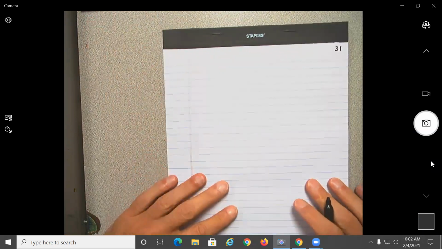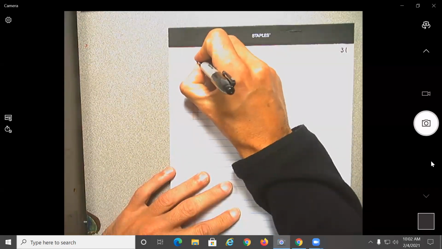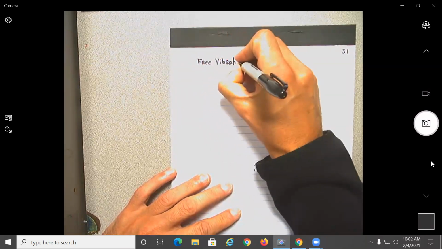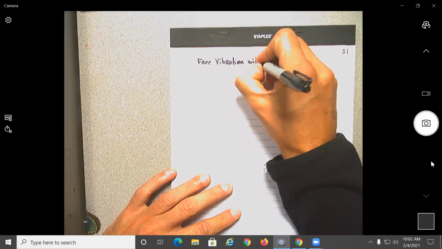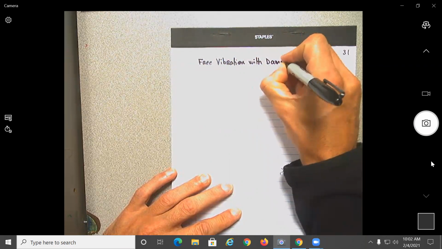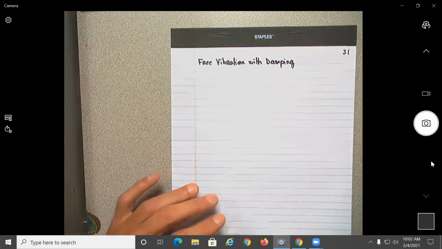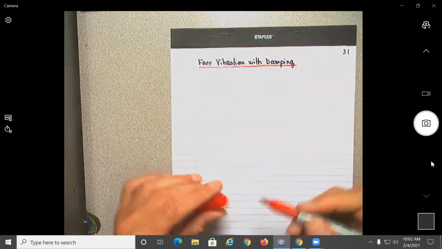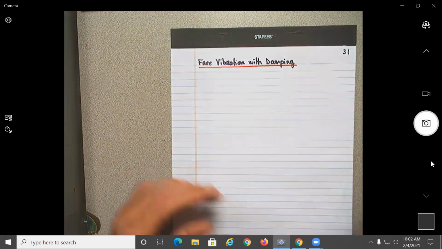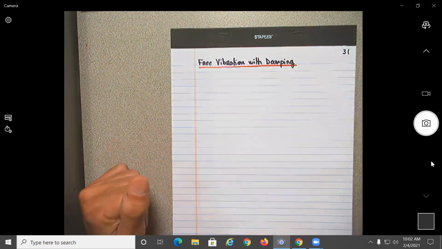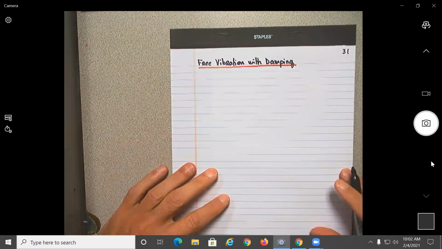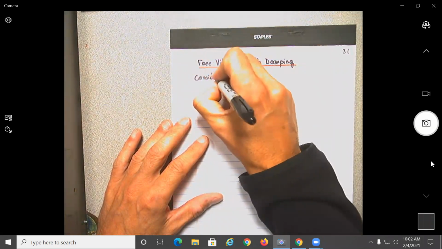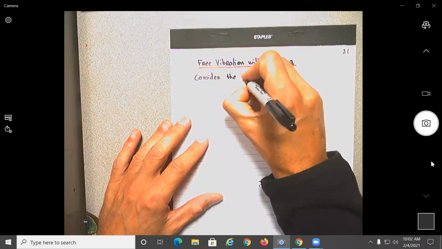31, free vibration with damping. Free vibration basically means that there's no external force. I will show that it means the differential equation is homogeneous. All right, consider the below